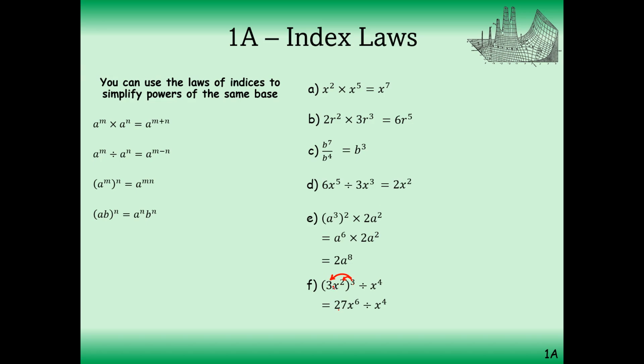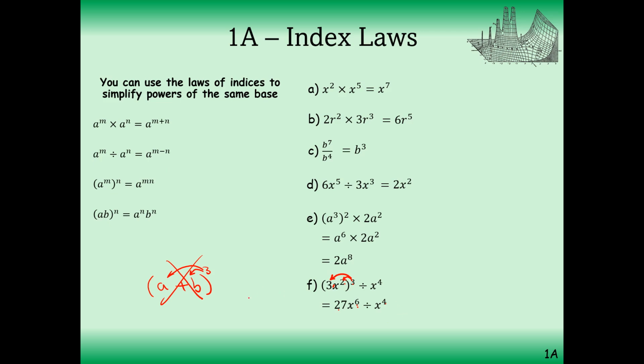This doesn't work if there's a plus sign or a minus sign. So don't confuse it with this. If I had a plus b raised to the power of 3, I couldn't distribute the power because of the plus sign. But I can do that only if there is no sign, or rather just the multiplication or division sign inside the bracket. So this doesn't work in the same way, but 2 times 3 of course gives us power of 6 here, and then you evaluate 6 minus 4,